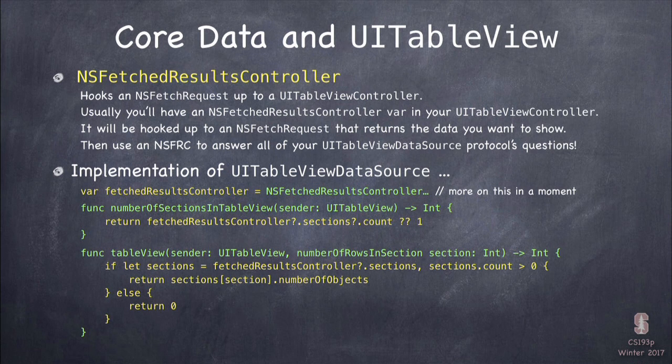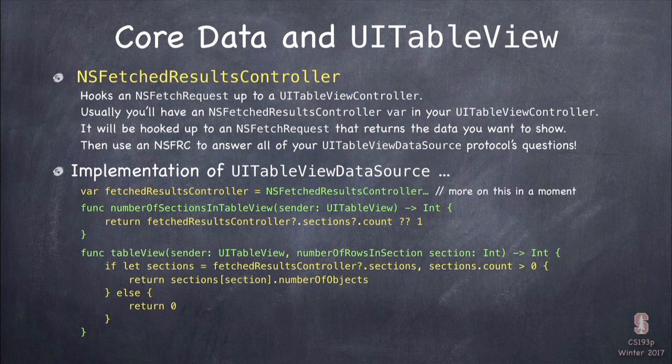The first thing you're going to do is create a fetched results controller, and I'm going to show you how to do that in a moment. You're always going to have a var called fetchedResultsController, and it's going to be of type NSFetchedResultsController. When you have that var, you can implement numberOfSections in tableView by saying return fetchedResultsController.sections.count. There are a lot of optionals in there, so you'll default to one section.